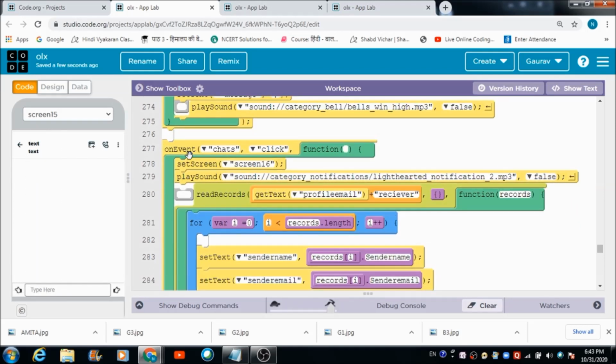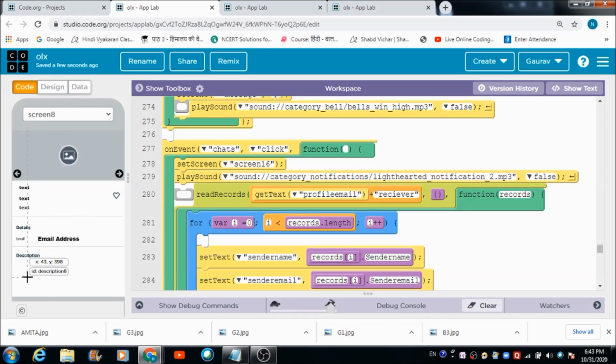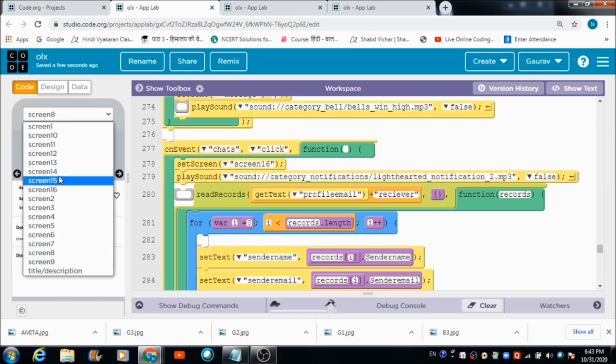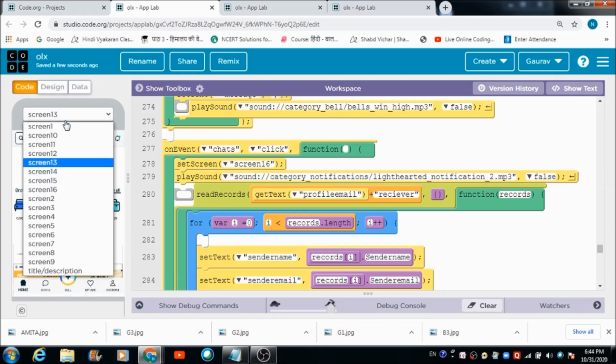Similarly, suppose the receiver wants to receive the message, what can he do? Suppose he is on this page, so he can click on this image to button, and automatically he is going to get redirected to this page. Now he has to come to this account, he has to hit this account button, and he is going to get redirected to